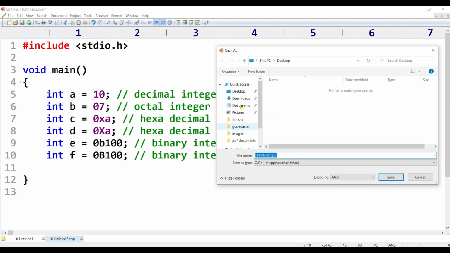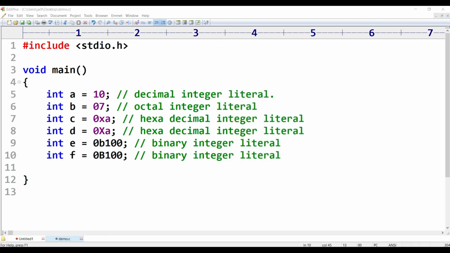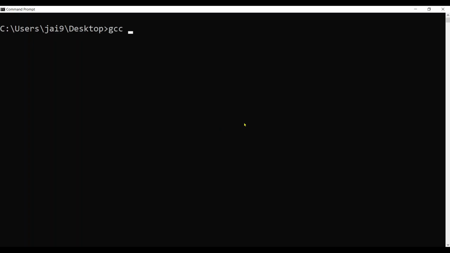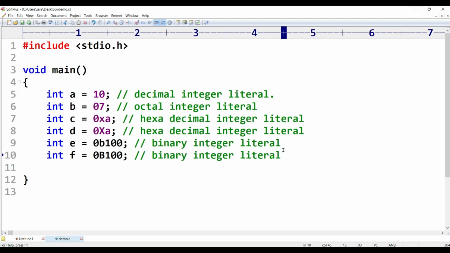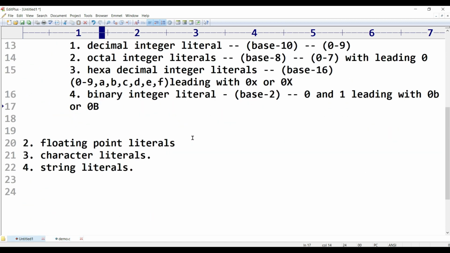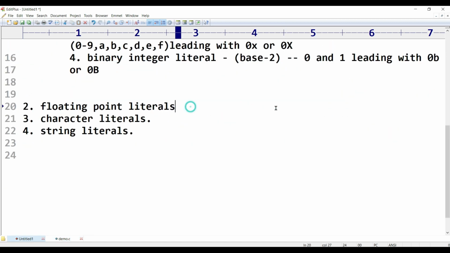We'll try to compile this program. If there are any errors, we will check it. gcc demo.c. Okay, it is successfully compiled. We have not written any printf statement, so there will be no data output to the console. So this is about integer literals. And if you come to the floating point literals,